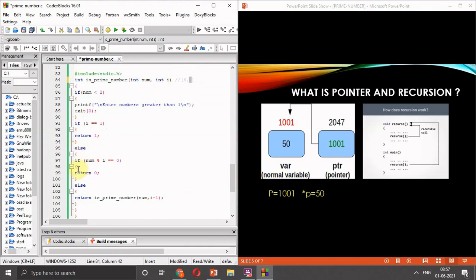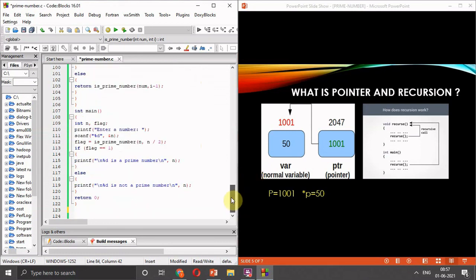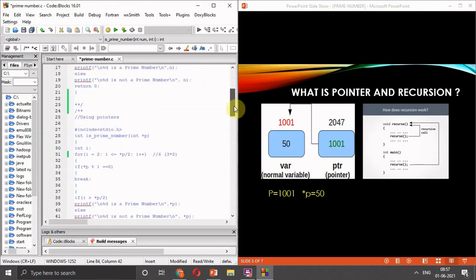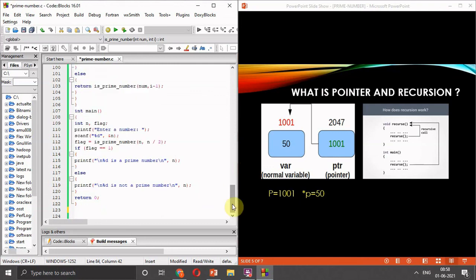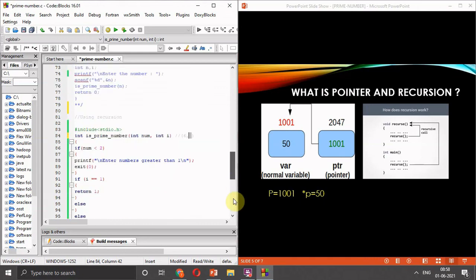So we will move to the if part and check if i is equal to 1. i is 3, it is not equal to 1, so we will jump into the else part. Here we will check 6 mod 3 is equal to 0, then we will return 0, and if we return 0, the flag's value becomes 0, and if flag's value is 0, then we will jump into the else part, and it will print percent d is not a prime number, and it is correct as well, because we know that 6 is not a prime number.